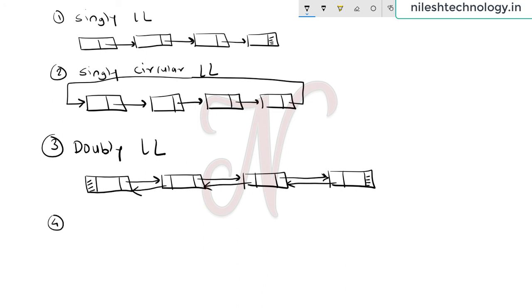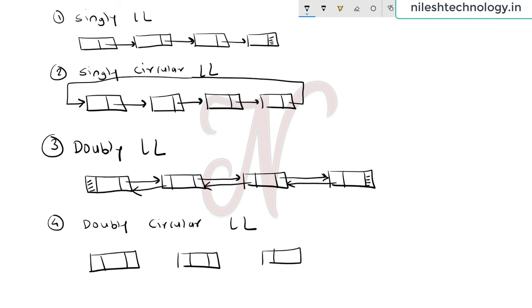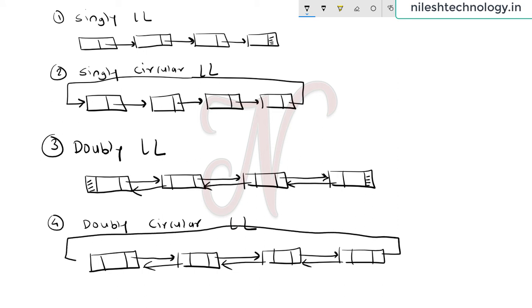And the last one is the doubly circular linked list. They link to each other, with the last address and the first address.